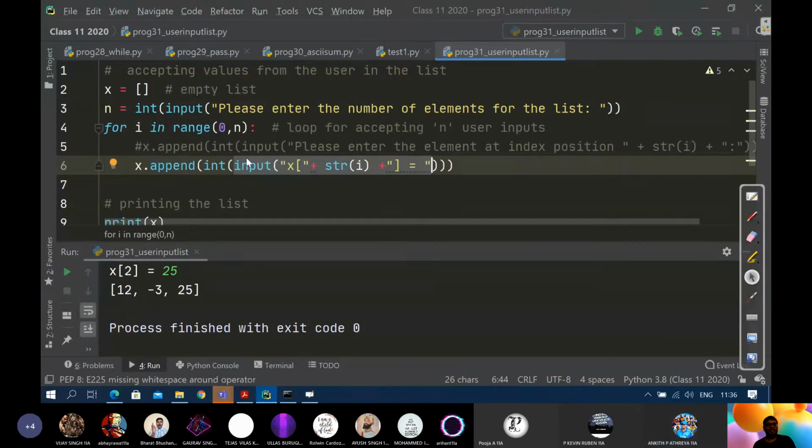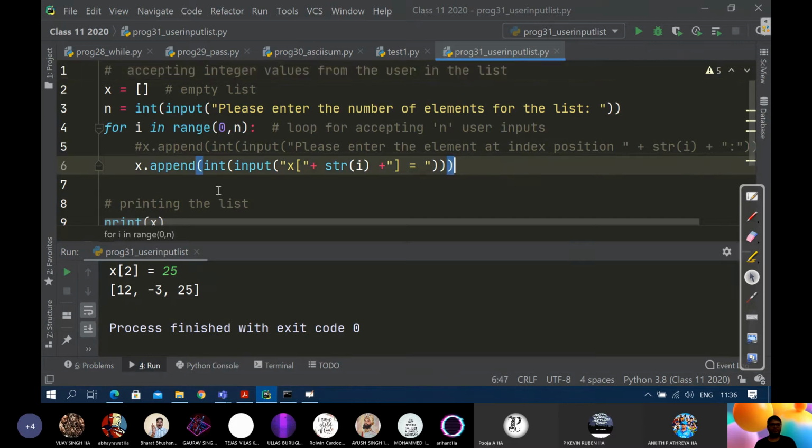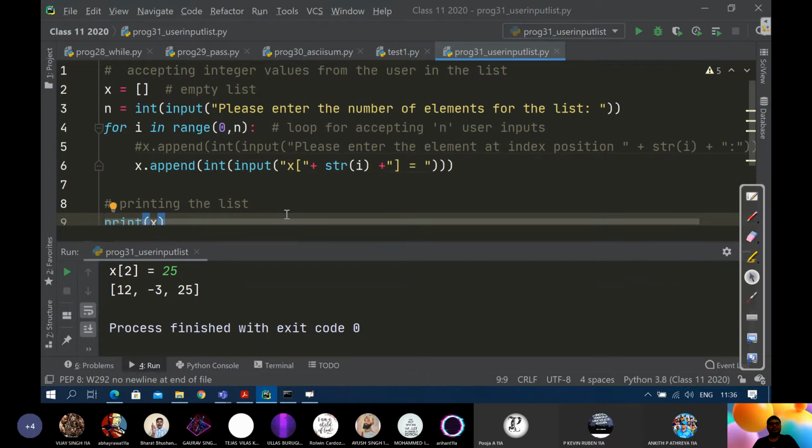Because our intention is... now, is this program making sense? Sixth line, Ullas. Yes, sir. Now, is it making sense after adding that comment, accepting integer values from the user in the list?